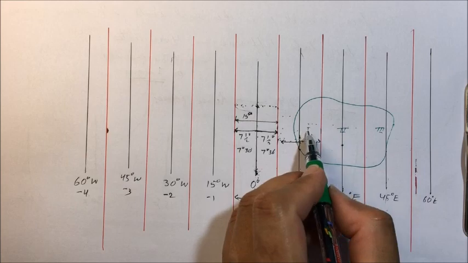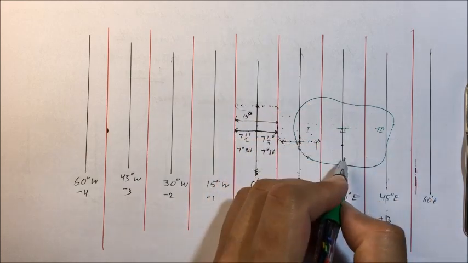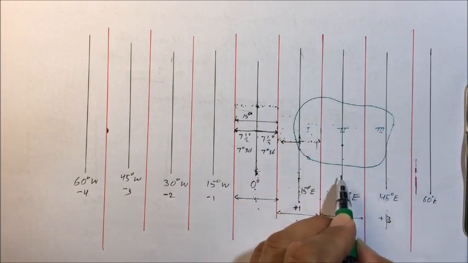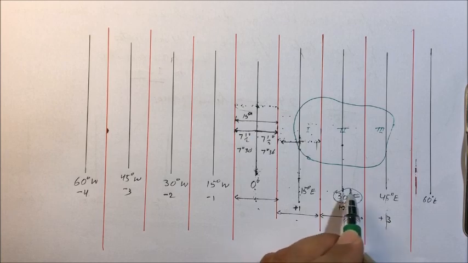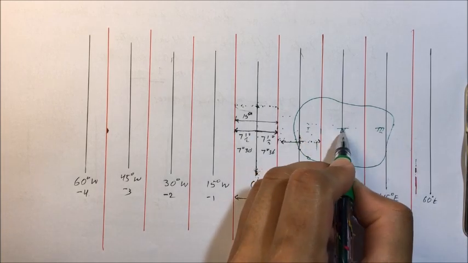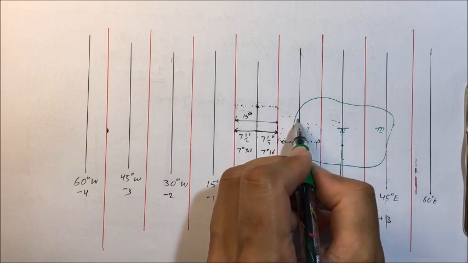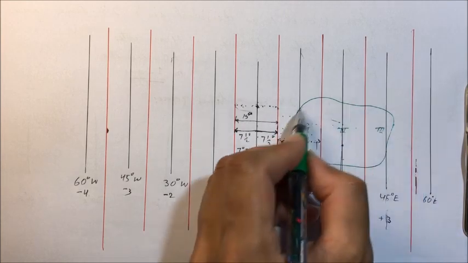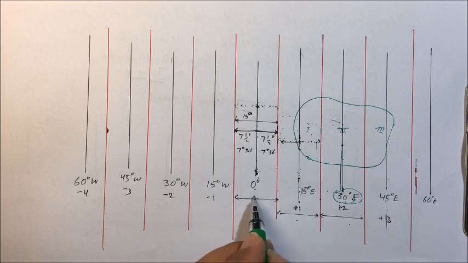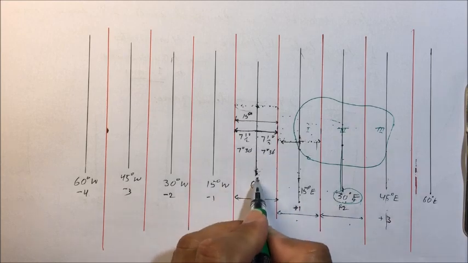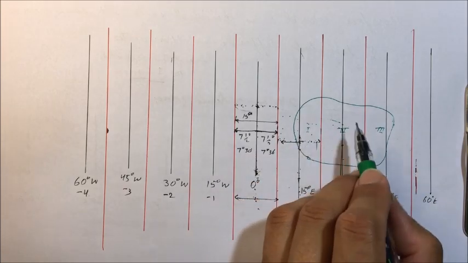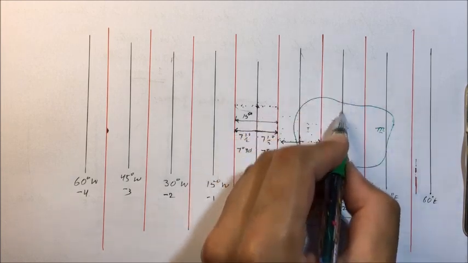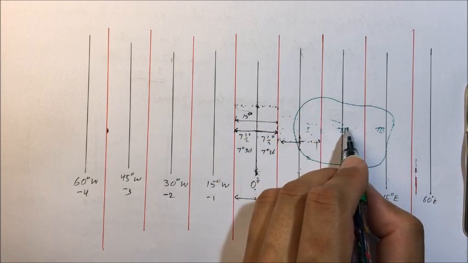Any central meridian that is chosen for the standard time will be called the standard meridian. For example, for this country, we will prefer 30 degrees east. Whatever time is on this meridian will be followed within the whole country. So this will be our standard meridian, and it will be 2 hours ahead of the Greenwich Mean Time. The same time will be followed throughout the country, though the country lies within different time zones. Here there are 3 time zones, but we are following the time of this one time zone.